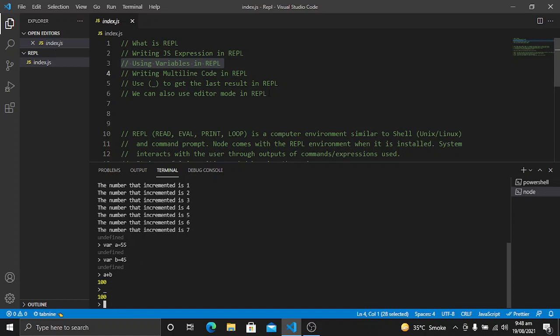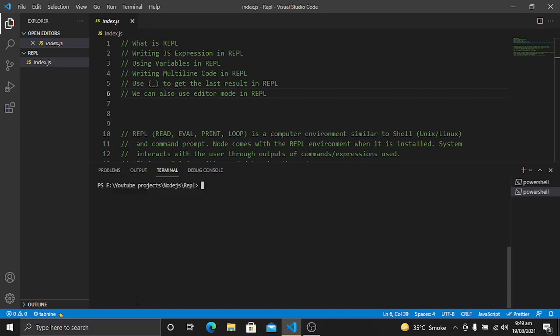The last thing that we want to know is how we can use the editor mode in the REPL. So first of all, I will exit from here, clear the terminal, and now I will write .editor to go into the editor mode in the REPL.